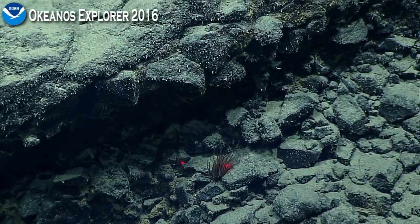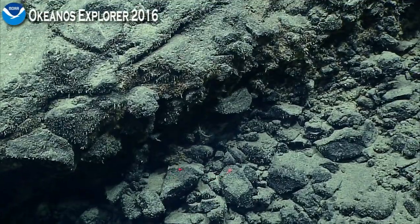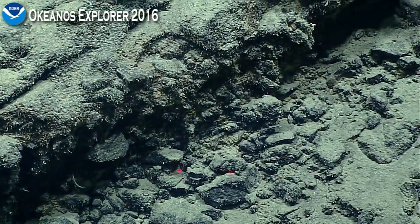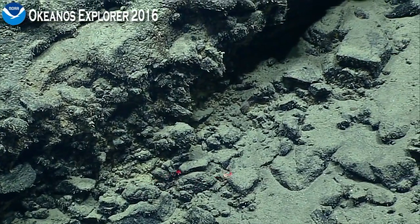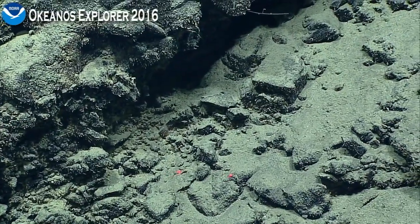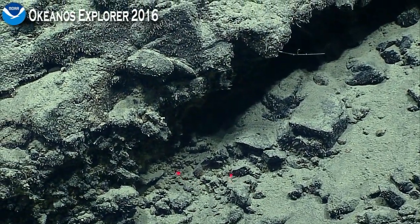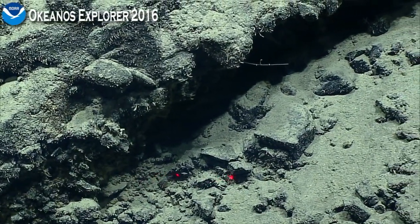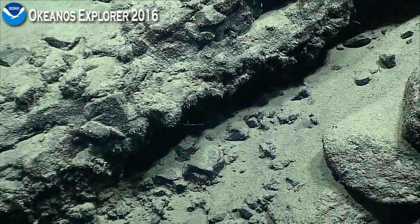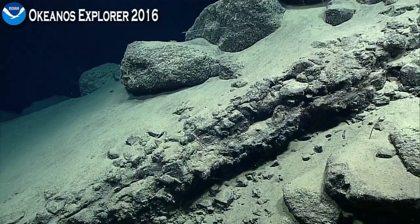Okay, sure enough. Looks like we have an anemone down there on the bottom of the screen. This material looks like it's very easy to break up because we see so many fragments of rock below this very small scarp. Let's zoom out partial. The 2 red dots are 10 centimeters apart, so this little outcrop is probably